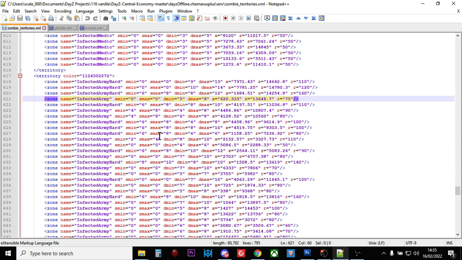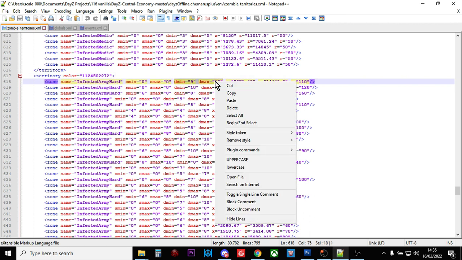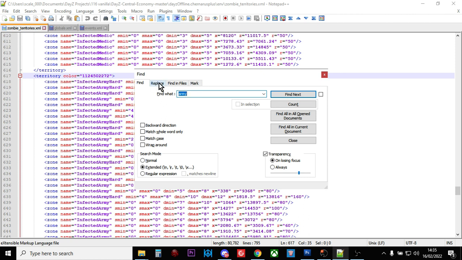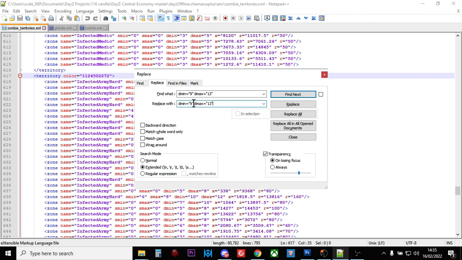You simply change the smin, smax, and the dmin and dmax of the number of zombies in a particular line, in a particular area, and that means you can increase or decrease them. It's a little bit of a laborious task, but if you use find and replace, you can do stuff fairly fast. So for example, let's say I wanted to change this line to, I don't know, 20. If you do Control F and do find and replace, find dmin equals 9 and dmax equals 13, and we change that to say 15 and 20,